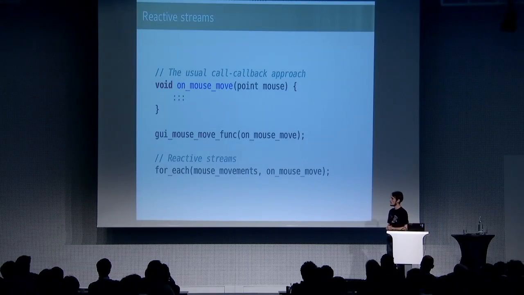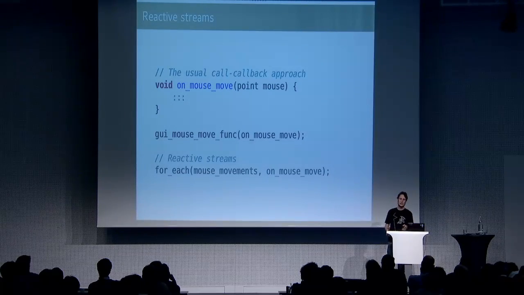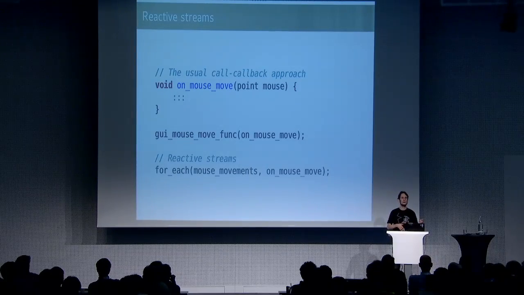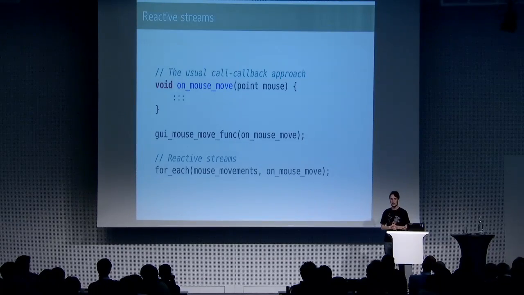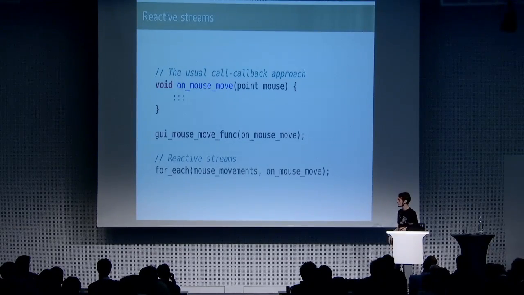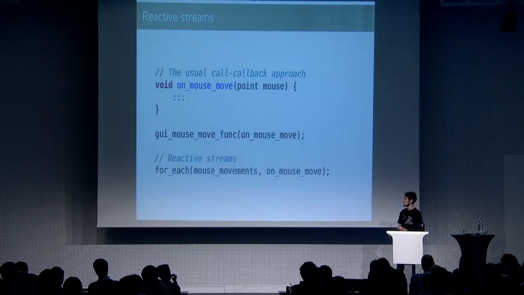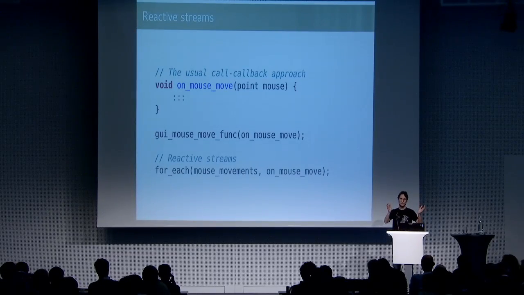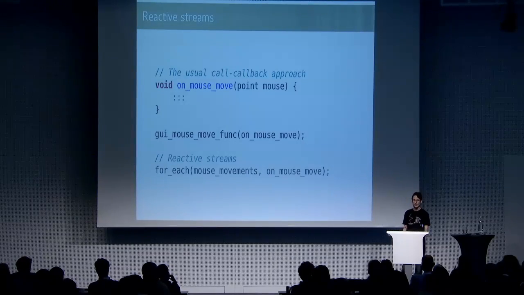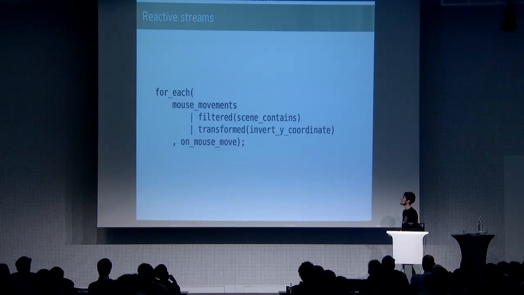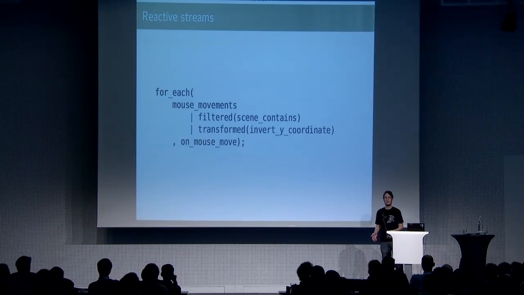So our example for mouse movements: in the usual callback scenario, you have a method, you register a callback, and then your method is called every time a user moves the mouse. On the other hand, you can use reactive streams, and it will look something like this if it ever gets implemented. So for each of mouse movements, which are a future list or list of futures, and then call on mouse move. This is a little bit shorter, but there is really no point in this code just for the fun of it. The main point is that, again, you can use